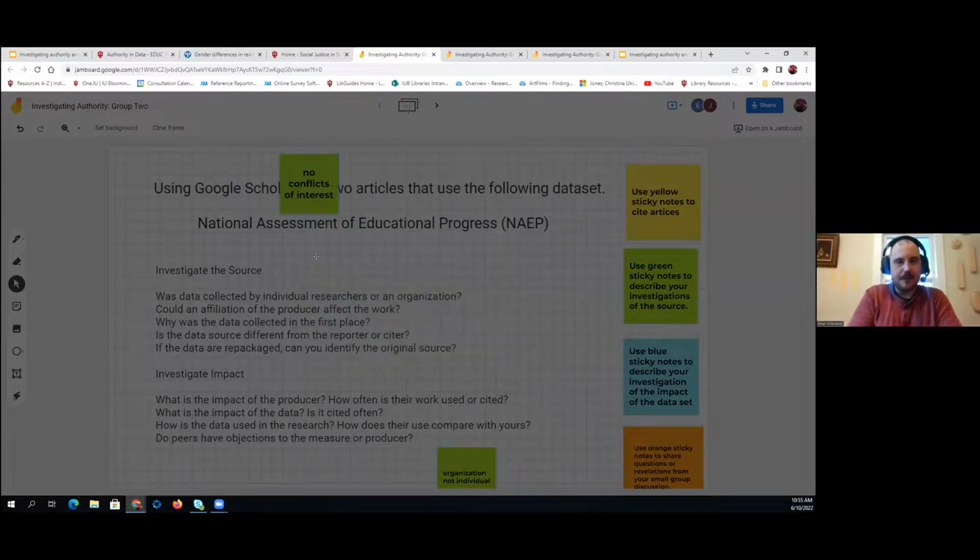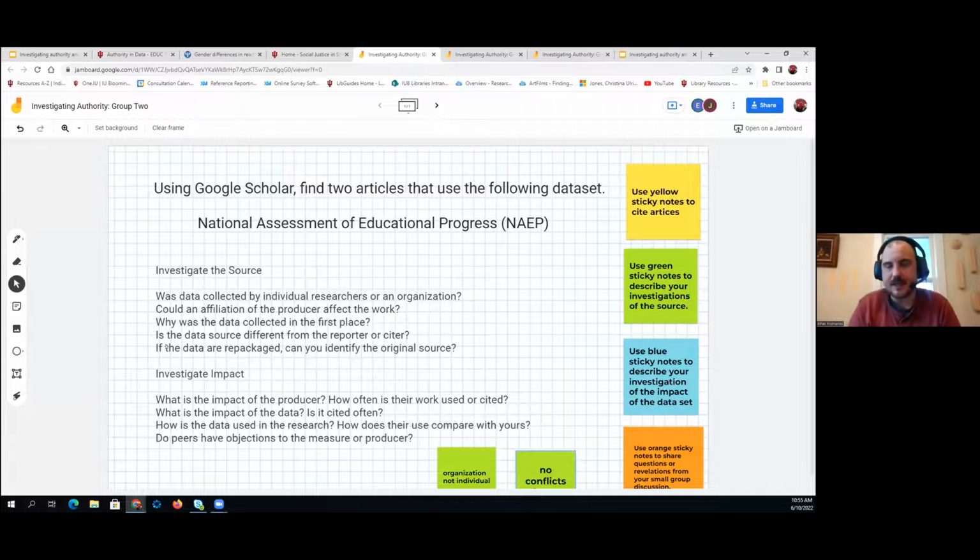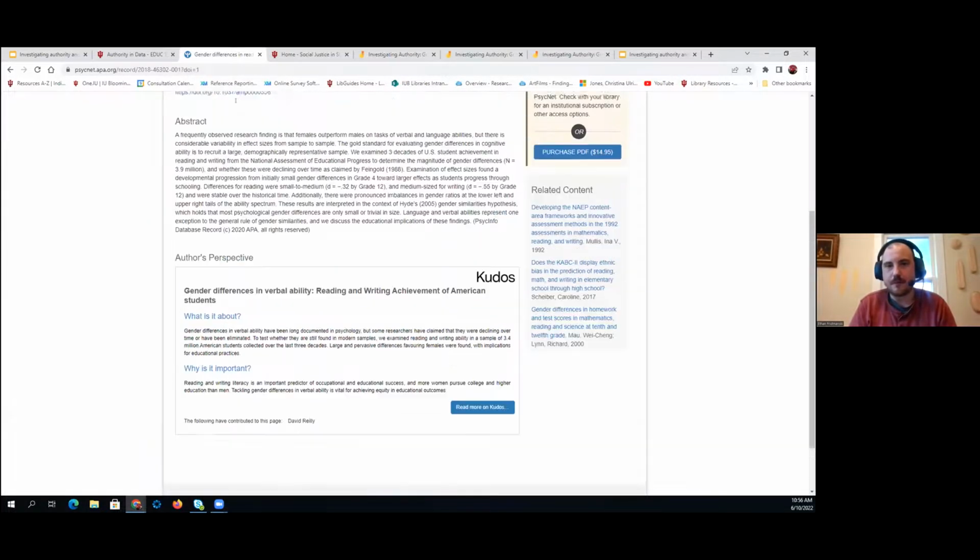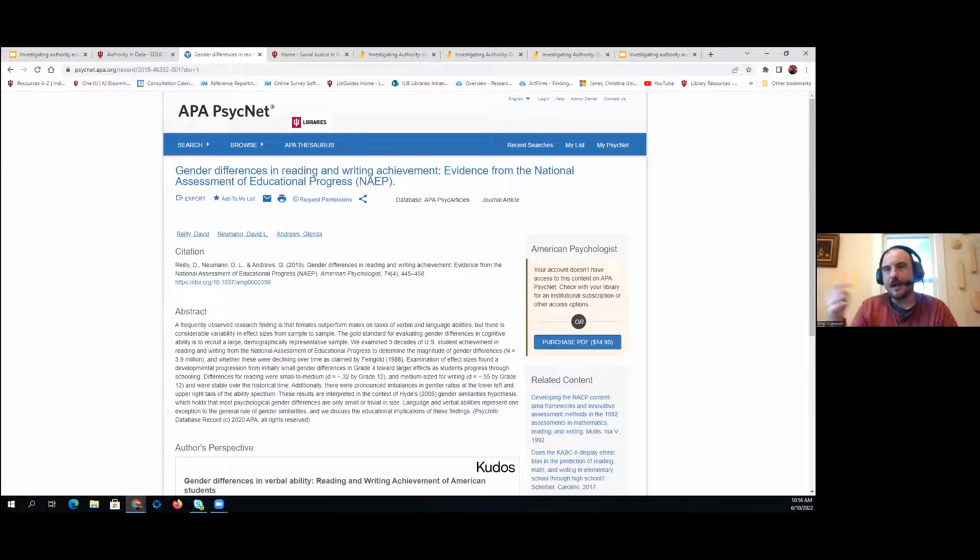And then the next question, why was the data collected in the first place? If you really wanted to get this, I would probably read the white paper that's published with the most recent version or the original version of the NAEP, and that's where you would get that information from. But we'll say for the sake of the current context and being a presentation, it was created for the sake of measuring student outcomes. I'm not an expert with this data set, so I'm just using it as an example. Right, so the data was created with the intent to study student progress.